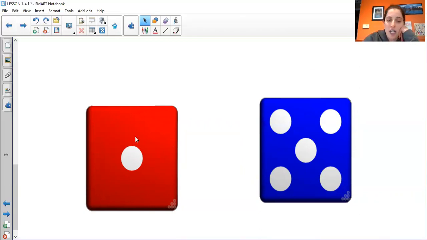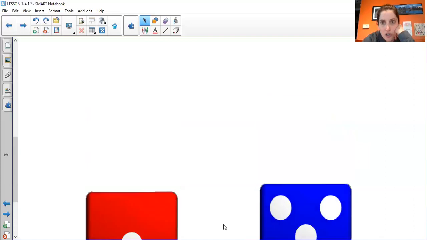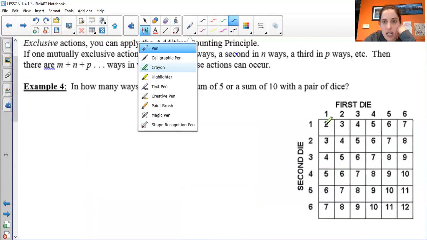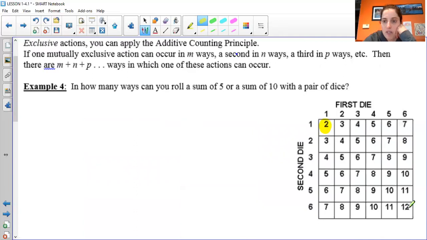So if this die can go all the way from 1 to 6, this die can go all the way from 1 to 6. The lowest sum you can get is 2, and the highest sum you can get is 12. So this little diagram explains the different sums. For a sum of 5, you can get a 1 and a 4, 2 and a 3,